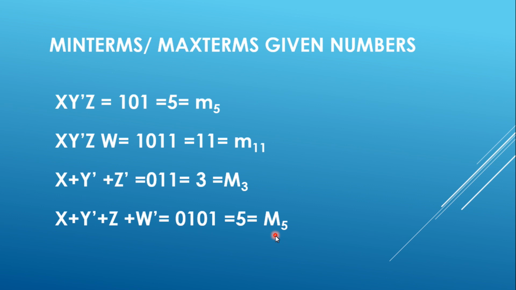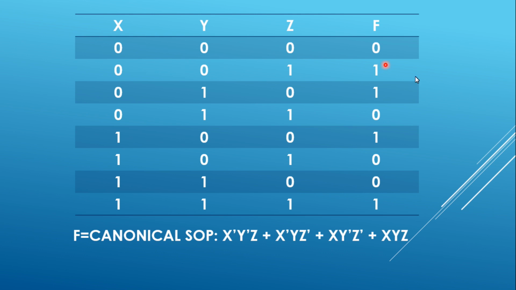This is how a Boolean expression in the truth table form is specified to you. X, Y, Z, as you know, the various combinations of three variables, and the function where it is 1. 1 means where the function is true. That is what is given to you. So, where is it true? When x is 0, y is 0, and z is 1. So 0, 0, 1, it is 1. Then 0, 1, 0, it is 1. 1, 0, 0, and it is also 1 in 1, 1, 1. So these are the four combinations for which the function will be true.